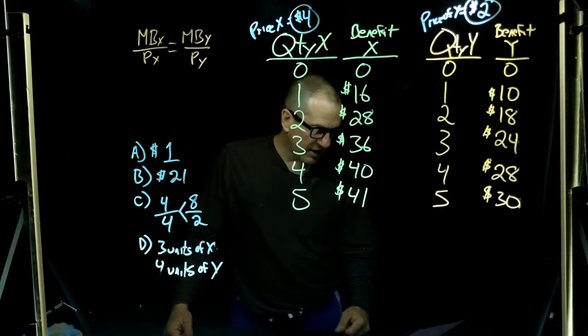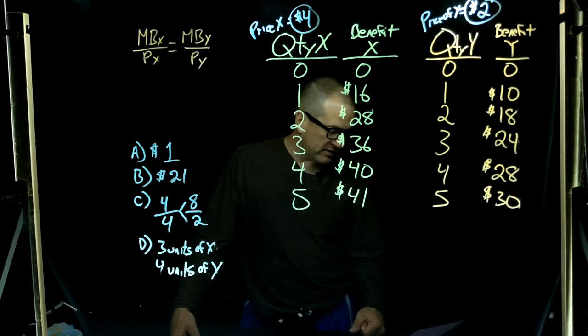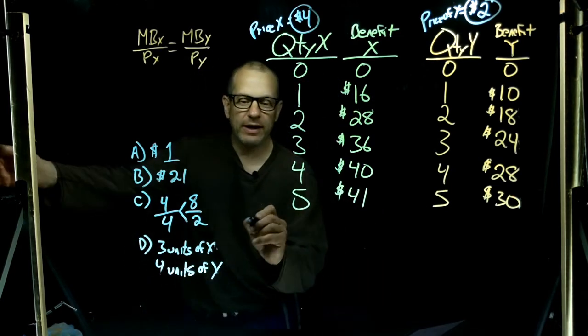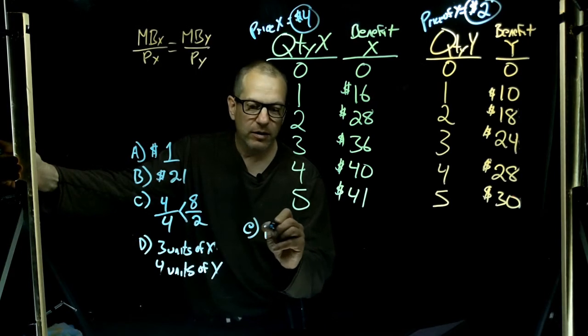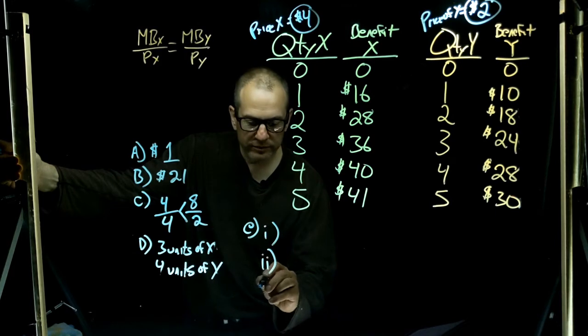Next it says, E says, indicate whether each of the following will cause the optimal quantity of good Y to increase, decrease, or stay the same. So, it doesn't say explain, it just says tell us whether or not it's going to increase, decrease, or stay the same. So, we have E. First one, second one,